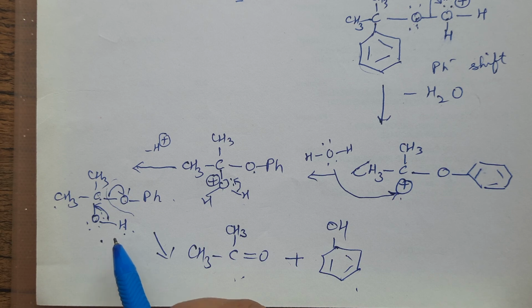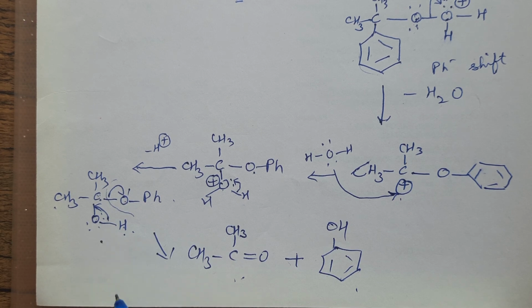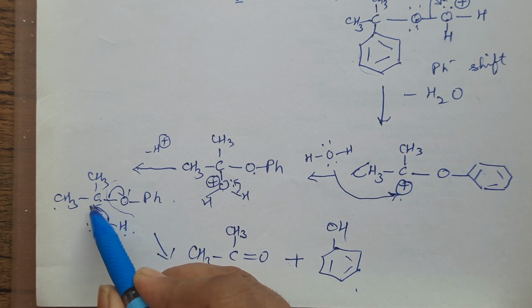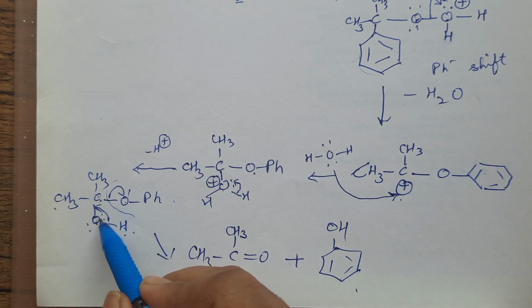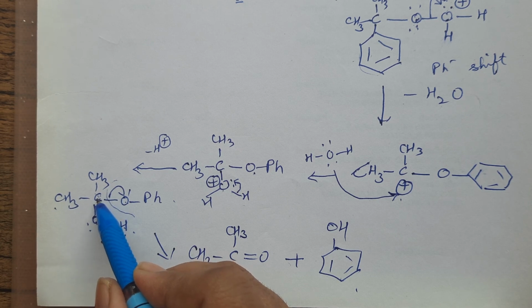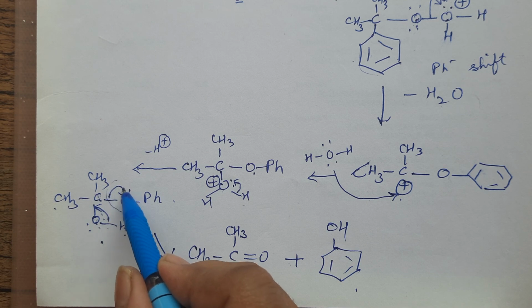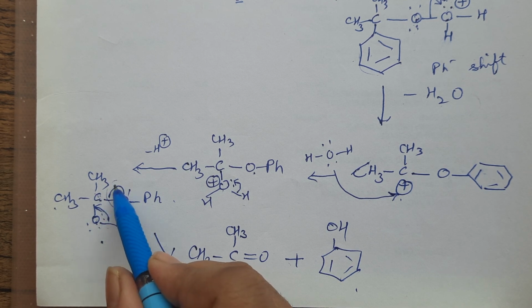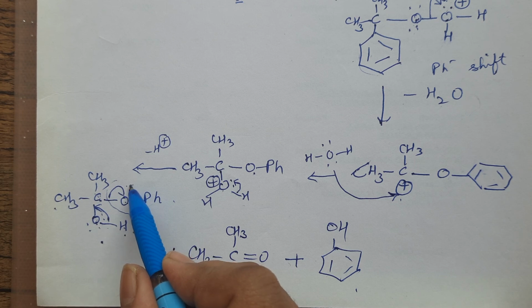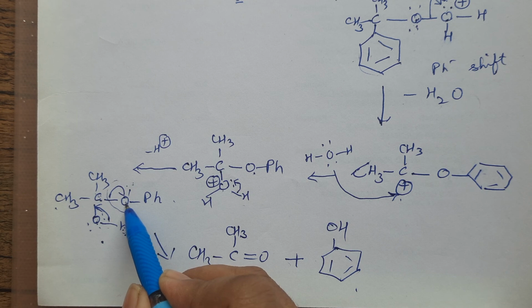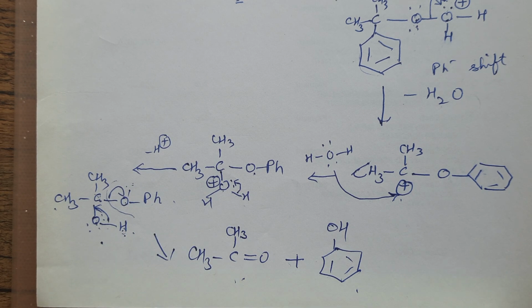How to explain the mechanism? Because mechanisms are basically proposed things. So the bond from here, O and H, the electrons will go in between the carbon and oxygen. So we are about to get acetone now, you can see. When this comes here, there is a double bond. When there is a double bond on this carbon, the valency of this carbon exceeds 4. So this bond shifts from here on to O. When this goes here, this O will get one negative charge. When this gets a negative charge, the H from here shifts onto this, and what you are getting is phenol.